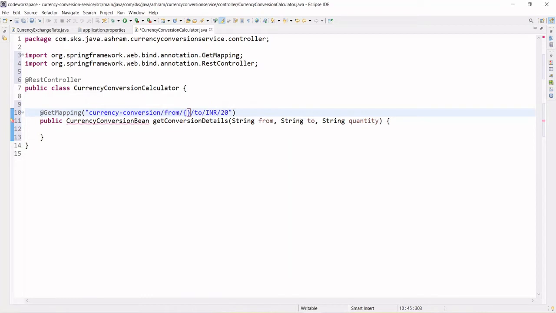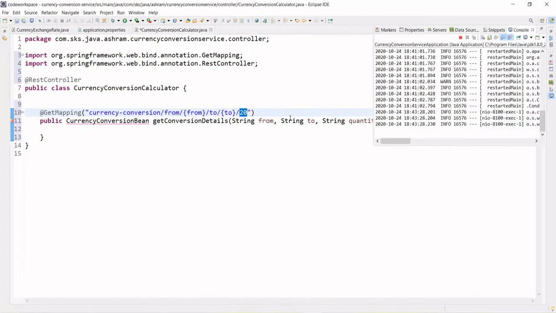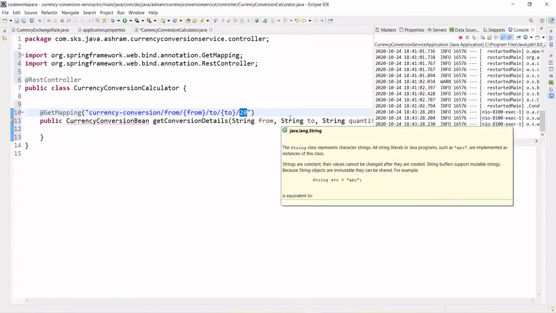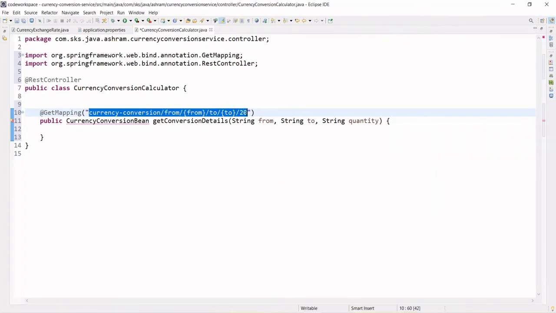You can write a syntax like this, and instead of INR we can have the variable parameter to, and instead of 20 we can put quantity, right? So our things got ready.